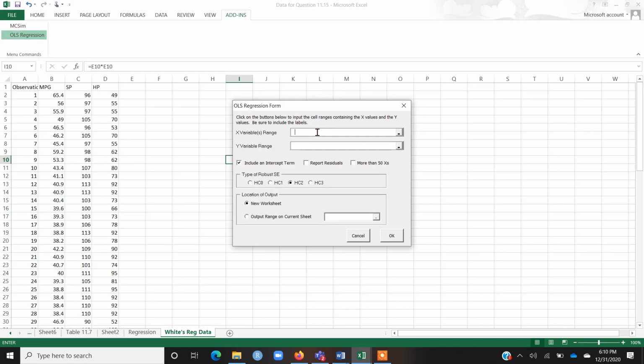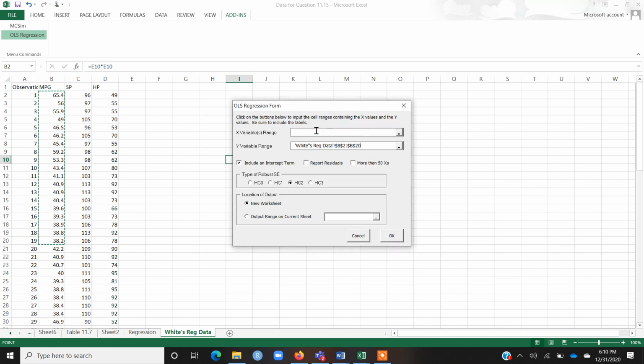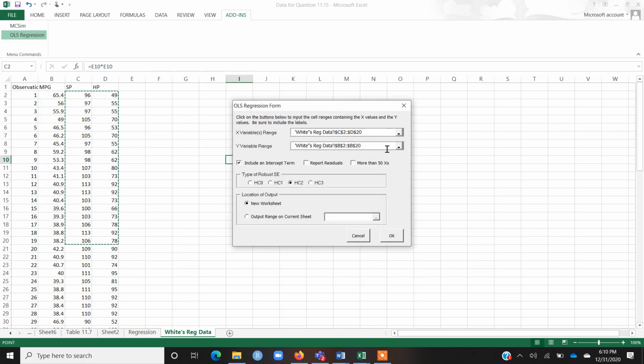What you have to do is click on X variable range, Y variable range. Let's suppose I'm just selecting these for the purpose of teaching you how to run it. Let's say I choose up till row number 20, these are my Y values, and X values are, suppose, the next two columns. Now there are different options. You can store the output in a new worksheet, or in the current sheet. Generally I prefer storing the output in a new worksheet so that it is easy and viewer friendly.